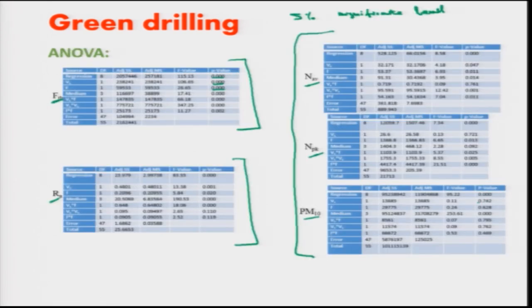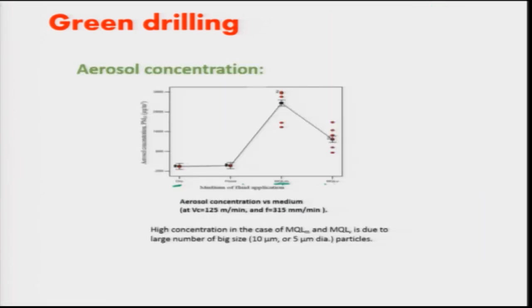You can see speed is not at all significant, feed is not at all significant, this is significant. So the model is significant and the medium is significant. That means the medium of fluid application significantly impacts the process, because of the very high F value here as well. The high concentration of MQL-M and MQL-V may be due to the